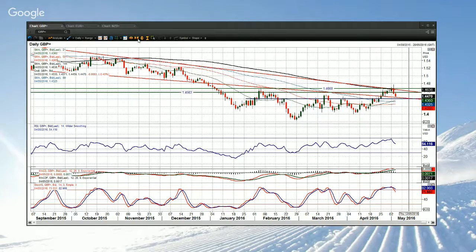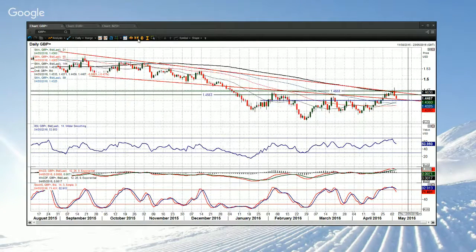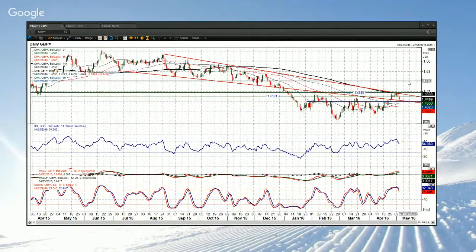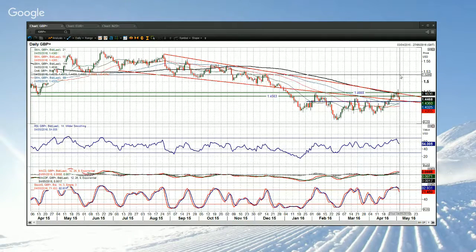And I wouldn't be surprised if through July we were back above 150 on the back of that. So that would be my expectation there. I think back above 150 towards sort of 152 area. 150 to 152, I think, is a pretty decent area to think that a rally would come into on a Brexit vote that is remain in the European Union.